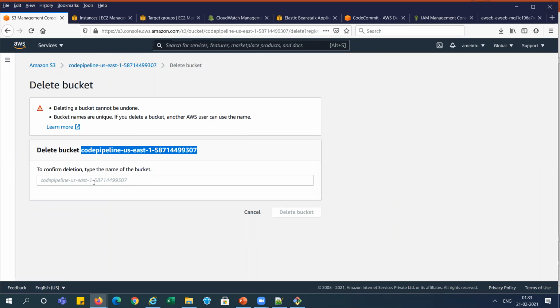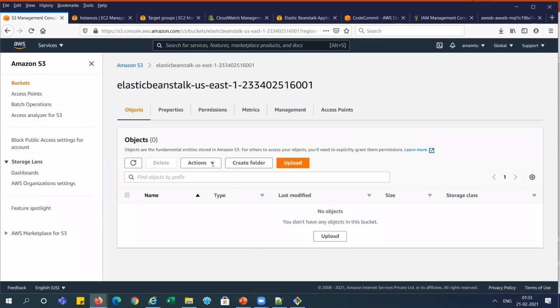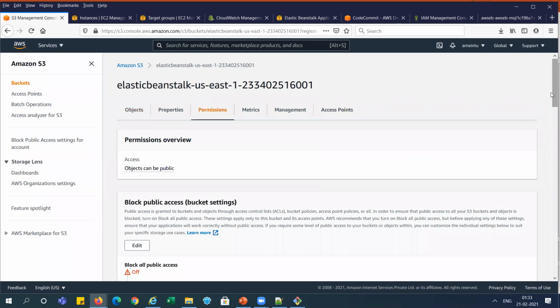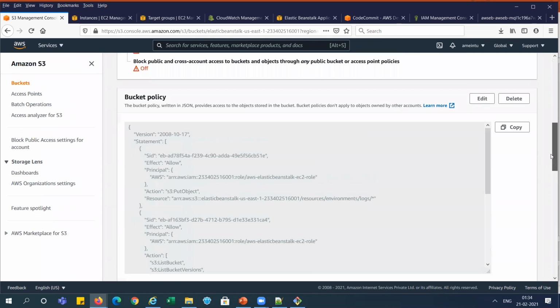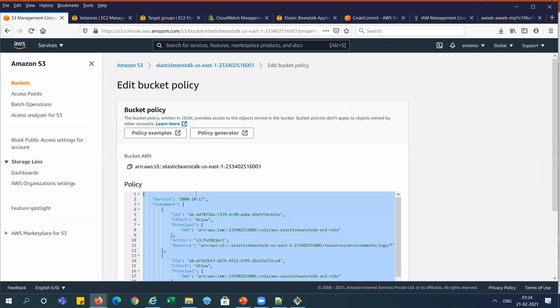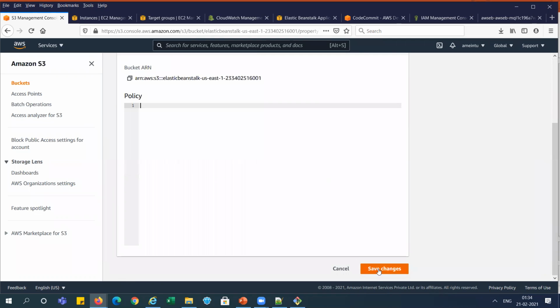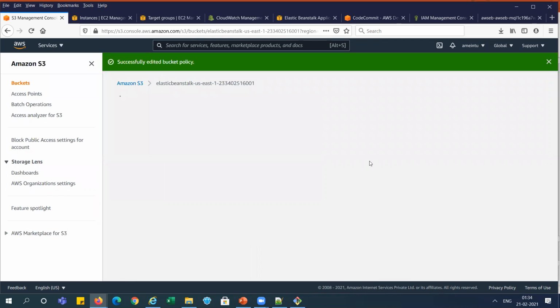Need to delete the CodePipeline one. Now just go and delete it by changing the access permissions. Let me do it. I am editing the bucket policy, because due to this I'm not able to delete it, so I'm just removing this policy, everything, and saving changes.